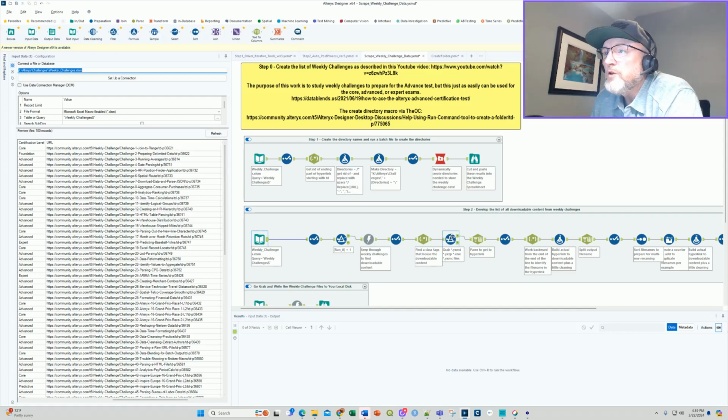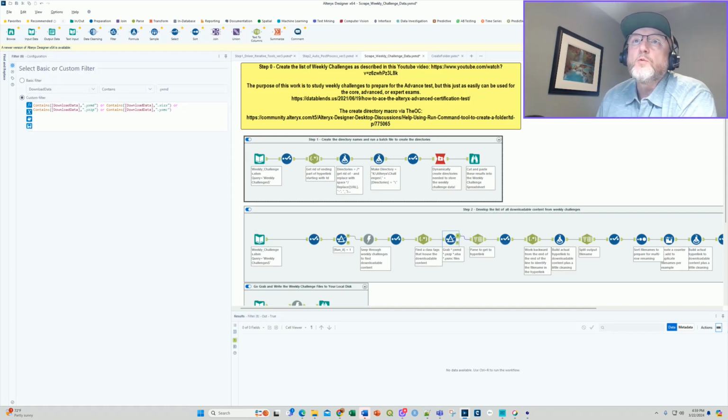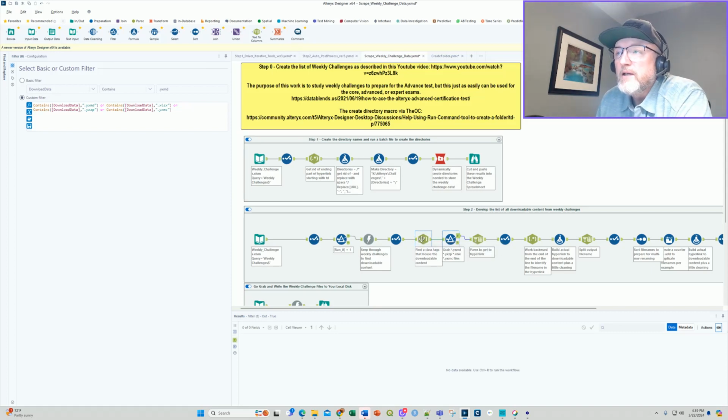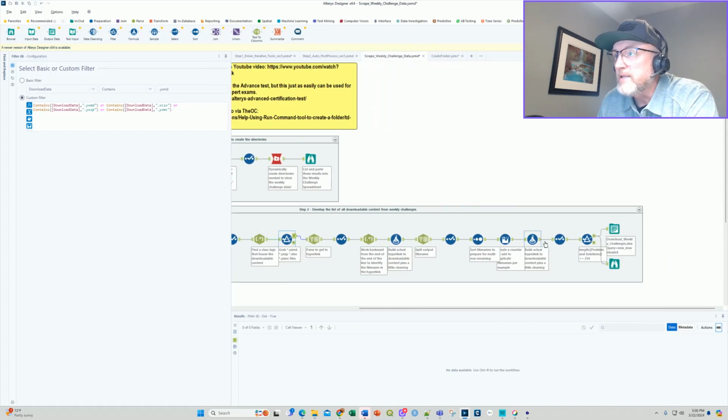Well, you can see here I have a filter that looks for YXMD workflows, so Alteryx workflows, Excel files, package workbooks, or macros. That's what I limit this to. There could be other things you might want to pull, but this class tag here is what is used to get the downloadable content. There are many thousand class tags, much more than just these particular files. Ultimately, what comes out of here are those 3,900 files, and they get brought down, processed, and put into